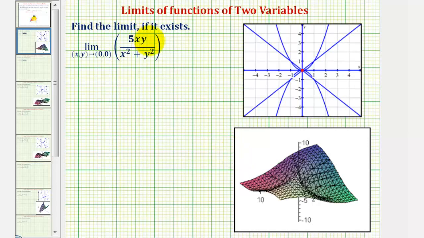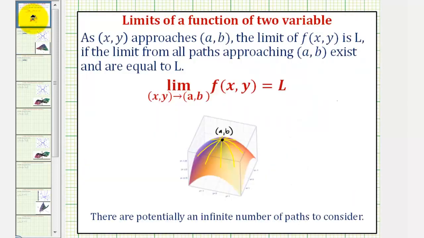We want to determine the limit if it exists. Notice how here we're determining a limit of a function of two variables. So for review, as x comma y approaches the point a comma b, the limit of f of x comma y is the value L if the limit from all paths approaching the point a comma b exist and are